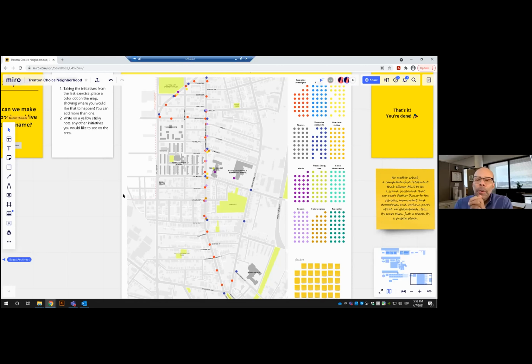And I think you also have these sticky notes on the right, because if you want to describe how you want it to look and feel, if you want a distinct look on MLK so people know when you are in this neighborhood and showing the pride you have in this neighborhood, that's the kind of distinction you want to make on MLK so people feel it when they come down MLK. You might want to write down a feeling that you want to convey.